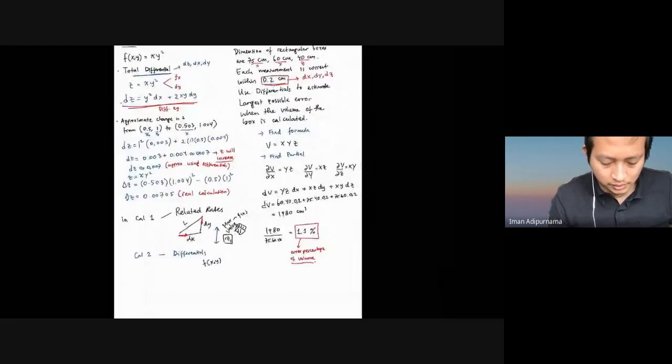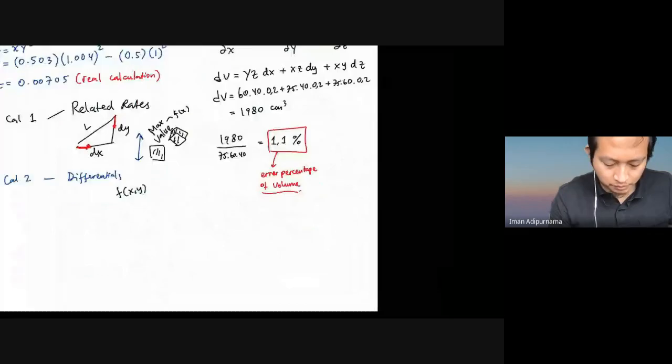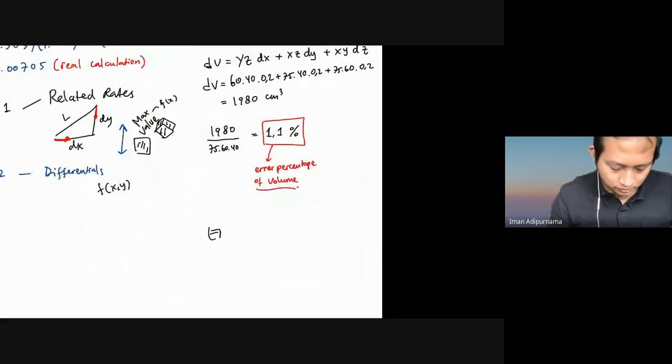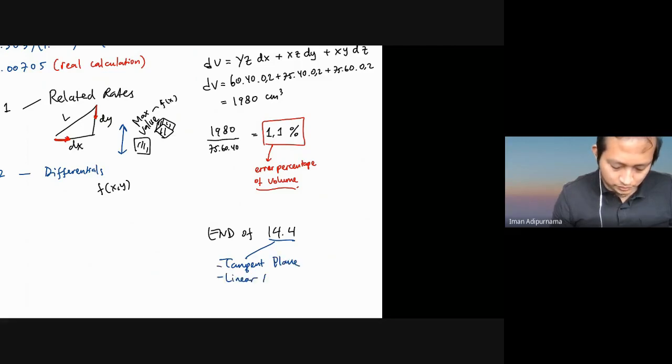So this is the end of 14.4. So 14.4 is tangent plane and linear approximation. And linear approximation, we have differentials,